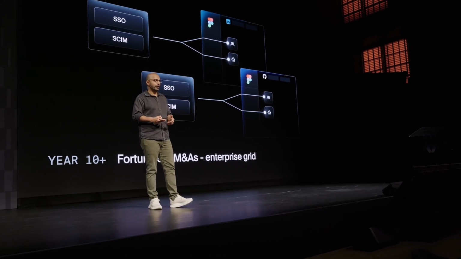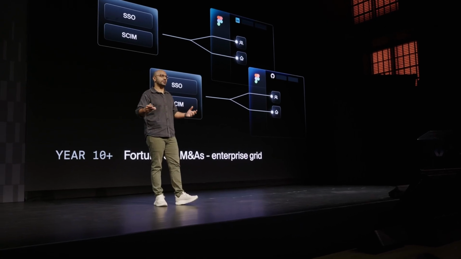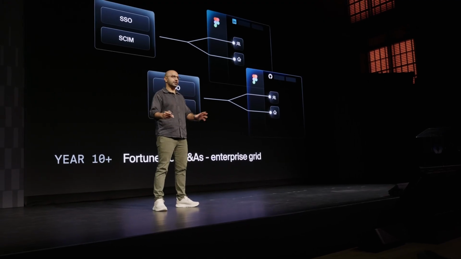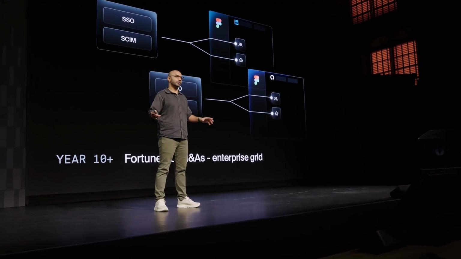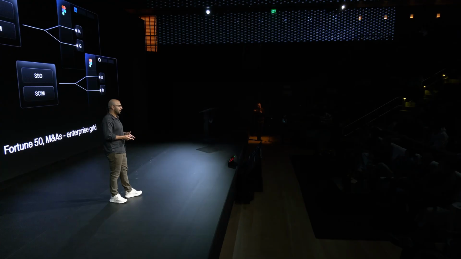But what they realize at this point is that GitHub and LinkedIn, which are both subsidiaries of Microsoft, are already using Figma. And they are a separate organization. They brought in their own IDPs before they acquired them. And things are working fine. But for Microsoft to sign this deal, they not only want to automate things for their company, but they also want to bring in these subsidiaries into one IDP system.